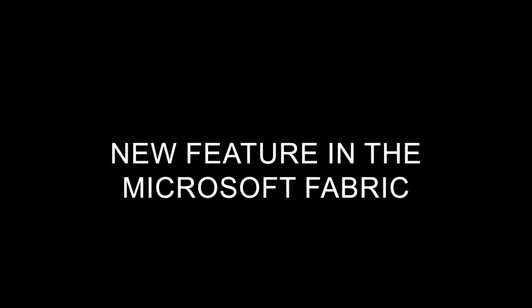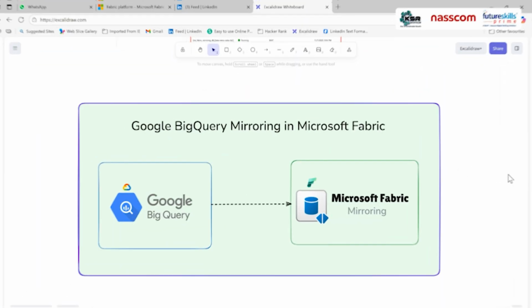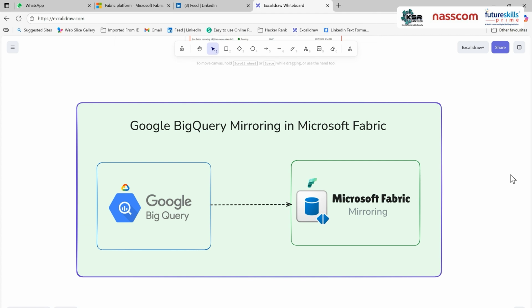Myself Sai Babu. Today I am going to explore one of the new features in Microsoft Fabric. So let's jump into the topic. Today I am going to talk about how we can mirror the Google BigQuery data